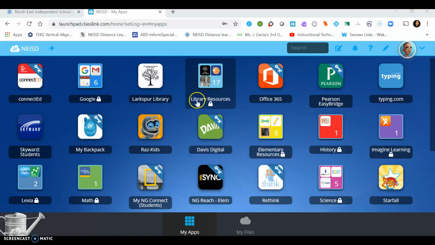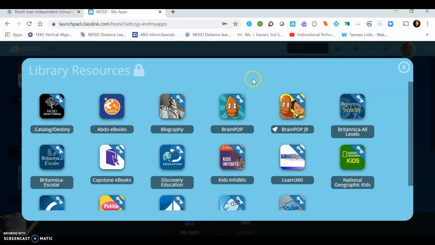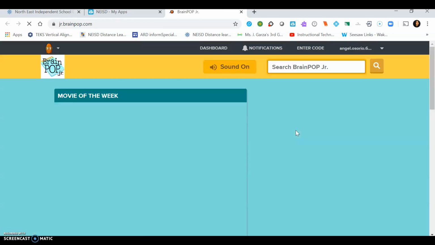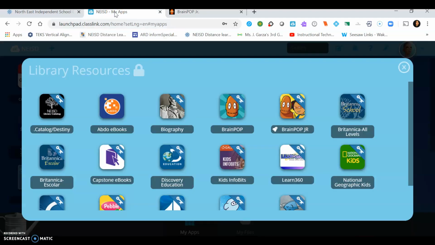So you're going to go to your library resources. Everybody should have a tile named library resources. You click on that, then you would choose your BrainPop Junior videos. You're going to click it, open it, but it won't take you to the videos you need to use. So you're just going to leave it open, and then you're going to come back to your apps right here,